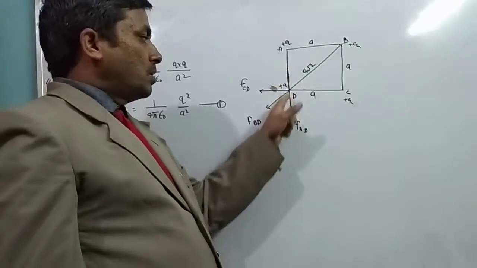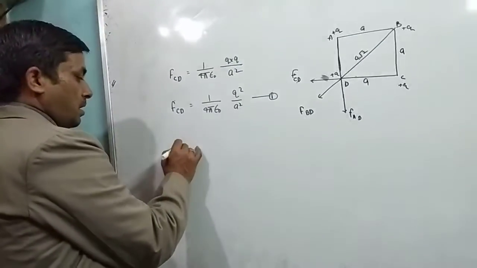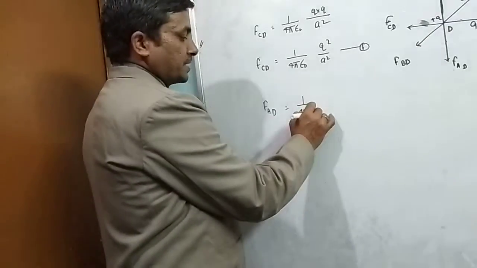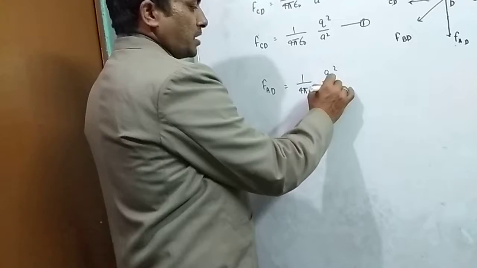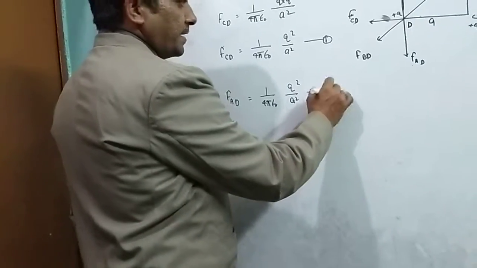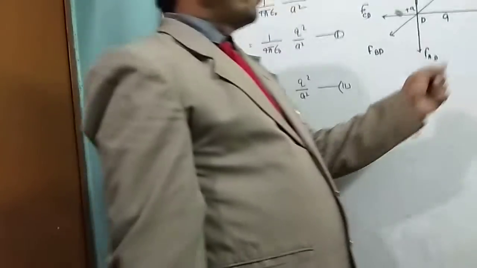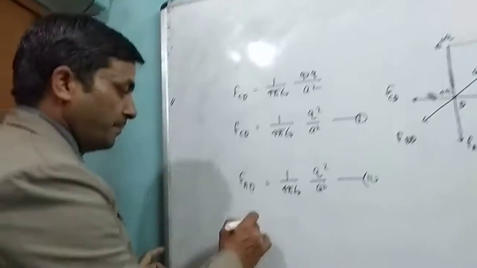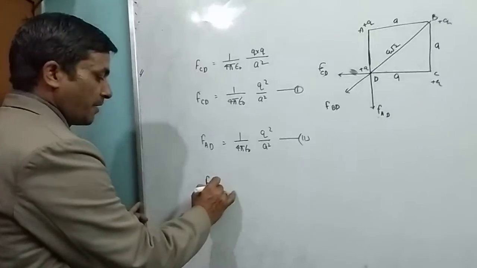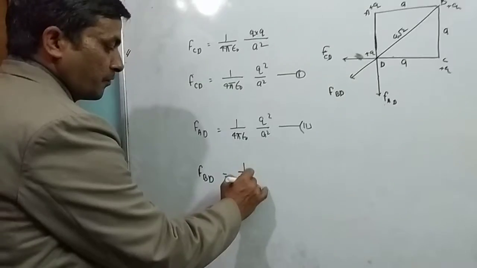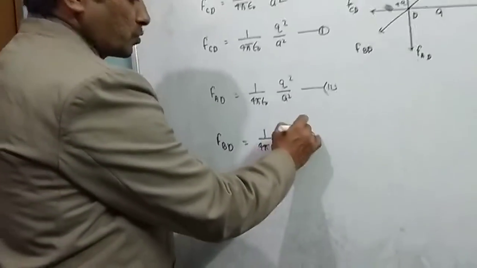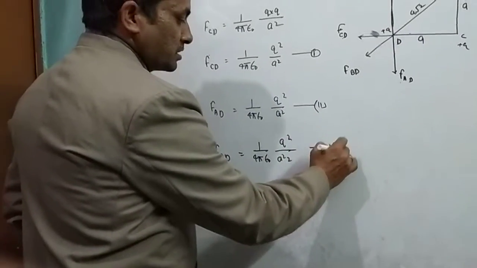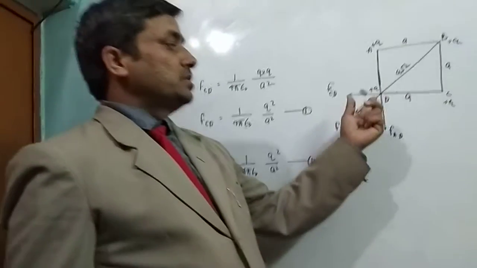Electric force F AD is equal to 1 upon 4 pi epsilon naught Q square upon A square. Equation second. And electric force F BD is equal to 1 upon 4 pi epsilon naught Q square upon A square 2. This equation is third. Due to charge Q and Q,